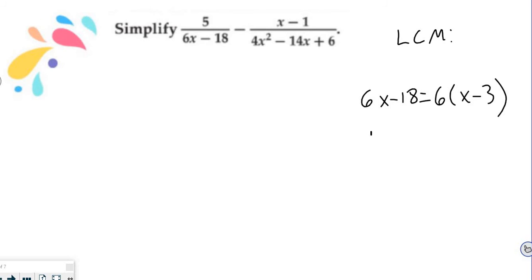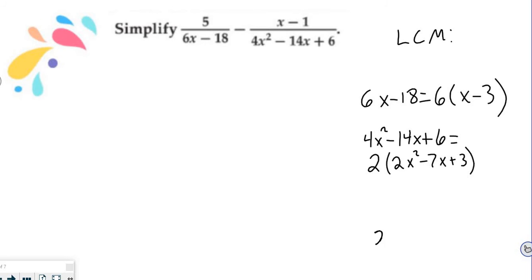And then on our next one, what can we factor out? 3, 2, negative to give us negative 7. Okay. So we have